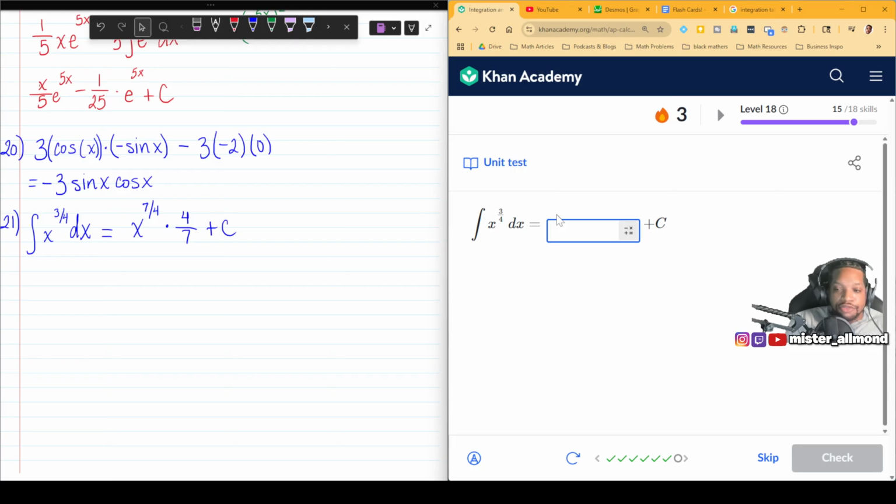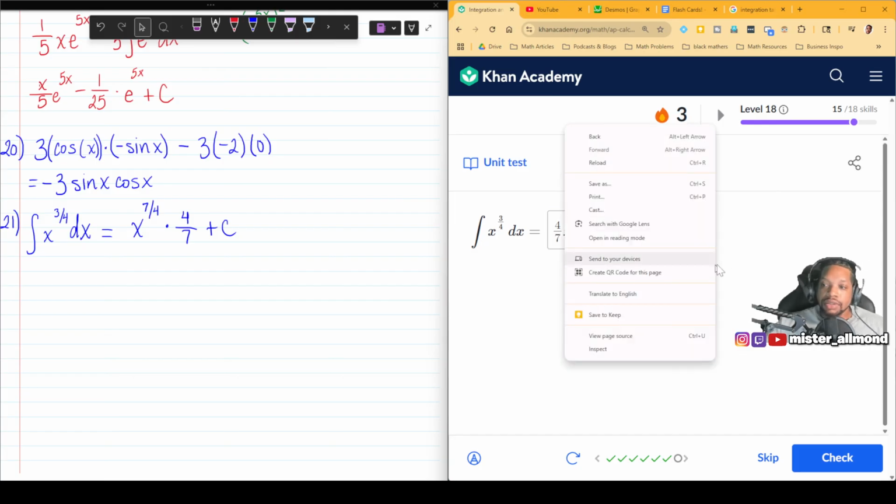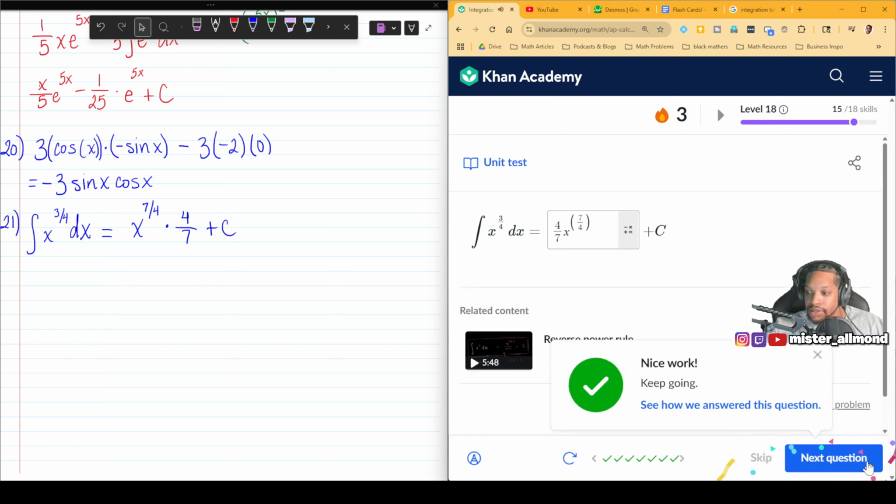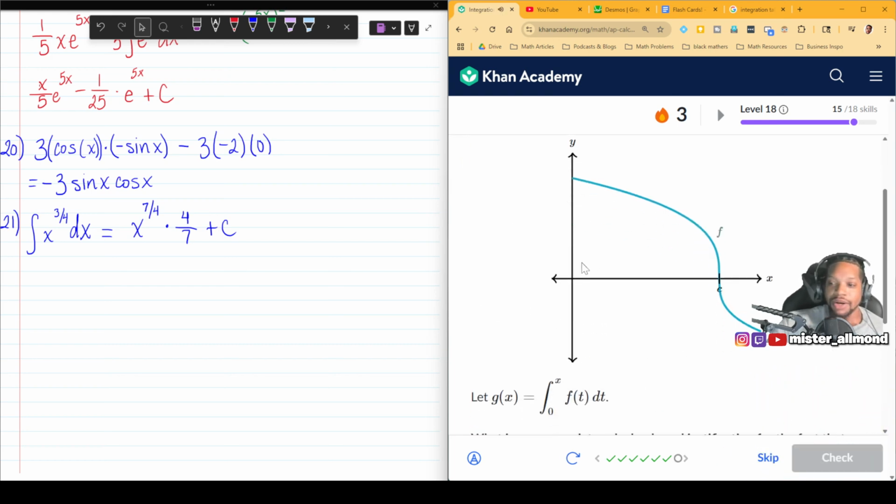So let's go 4/7 times x to the power of 7/4. Oops, do I need parentheses? Okay. Just to double check, 3/4 plus 1. 3 plus 4 is indeed 7. Flip the fraction. We should be good. Let's go. Oof, I really hope I don't miss one because I need 100 and I'm not trying to start